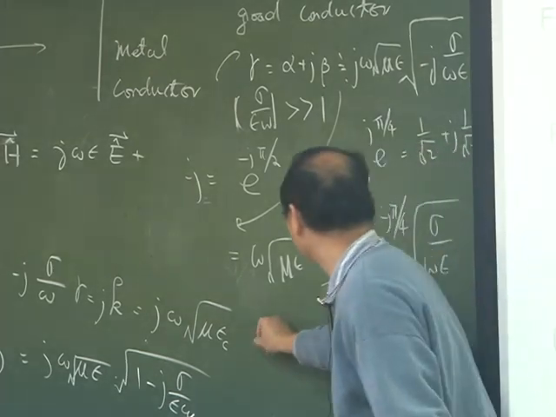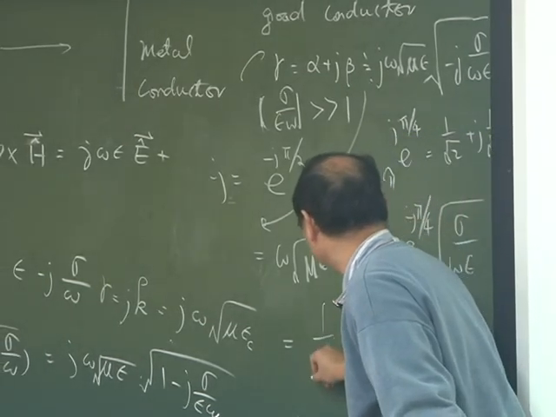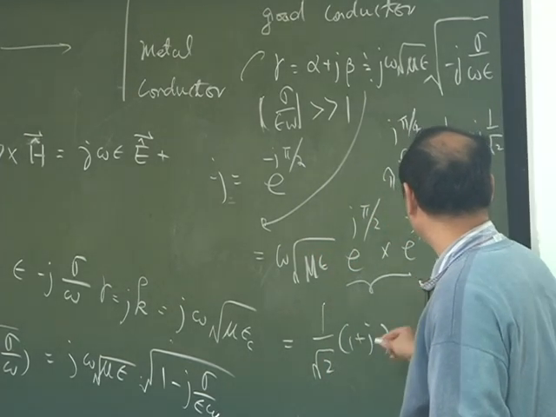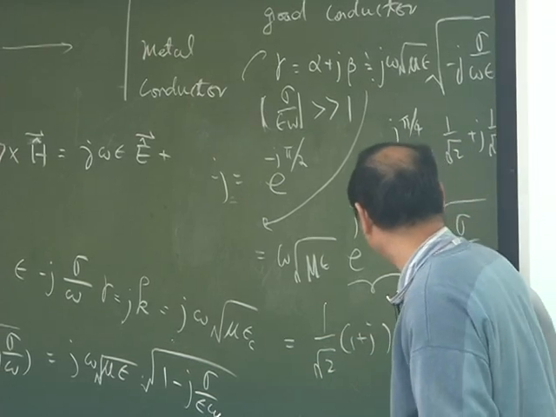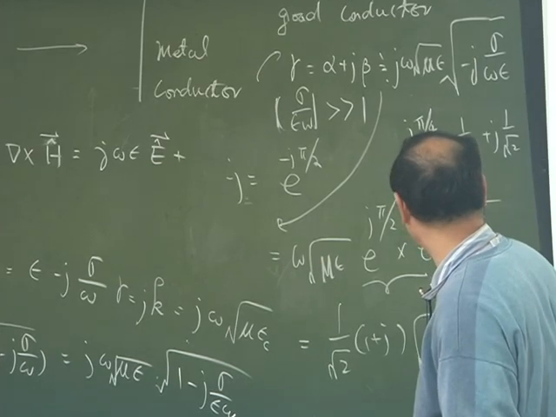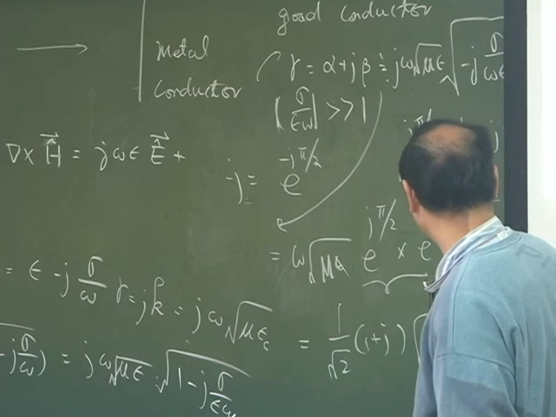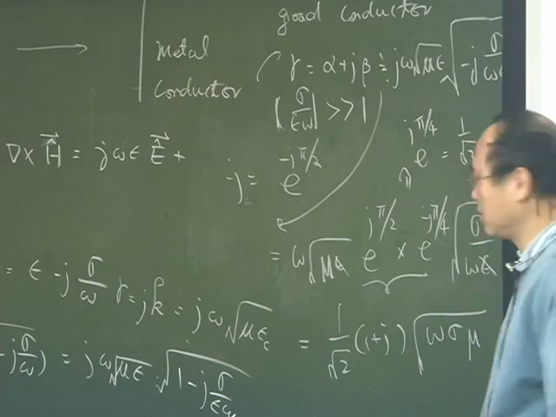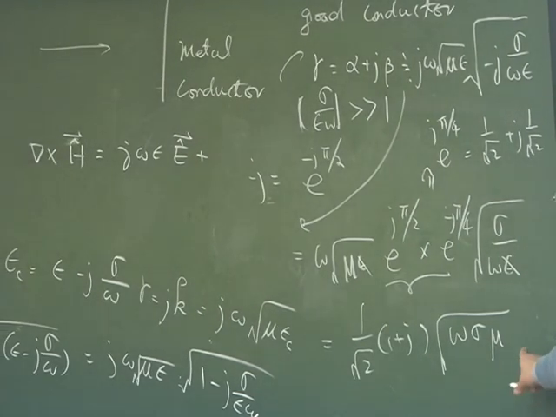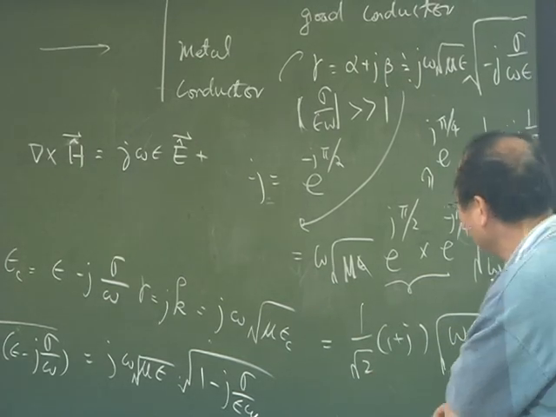OK，所以呢，你这里会变成是 1 over square root of 2, 1 plus j, and then this becomes omega sigma. This cancels each other, and this is mu right here. 变成这个样子。